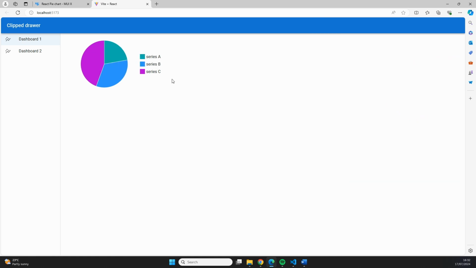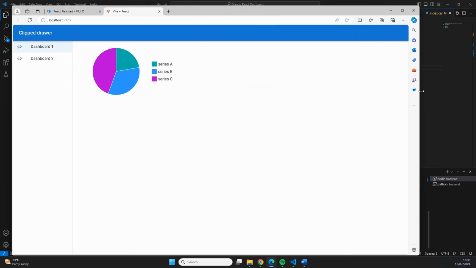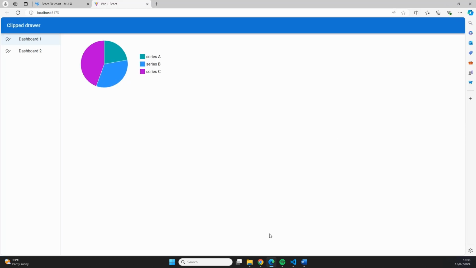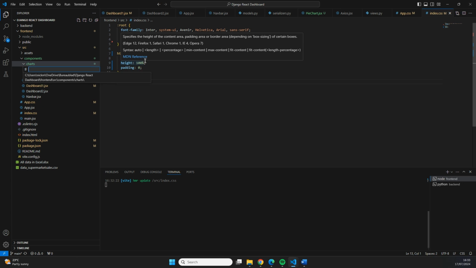Now I want to place this chart inside of a nice looking box. And I want that box to be able to display 3 different charts side by side. And also make sure that when I make the page smaller, the graphs move over a little bit so that the user can still see some content. So let's do that right now. And we're actually going to create a new component for that. So we're going to do a plus and call this